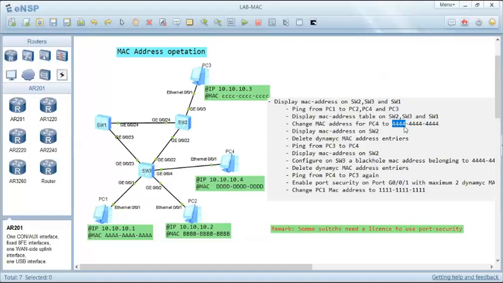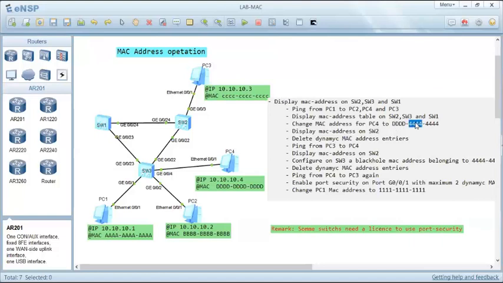Can I use FFFF here? No, because all FFFF belongs to the broadcast MAC address. So I can carefully use DDD, and